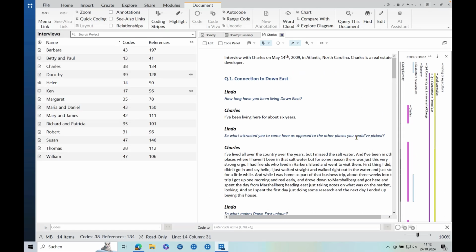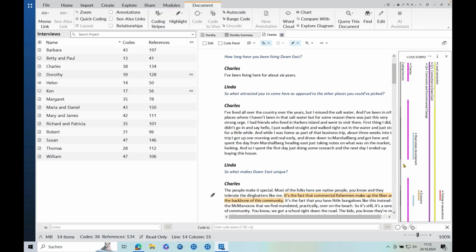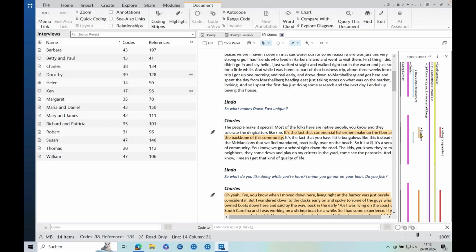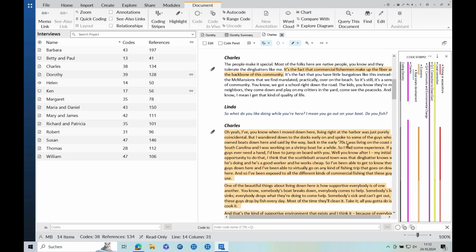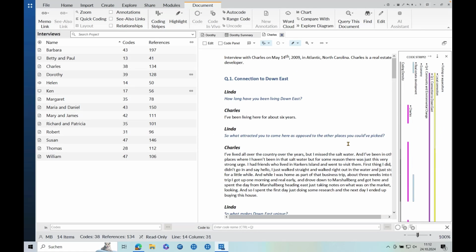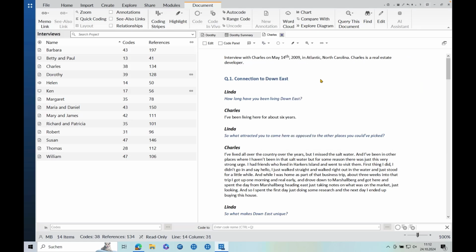And with the coding stripes, we can not only track which parts of our documents are coded, but we can already maybe start to see some overlaps between specific topics like fishing and agriculture here and economy. There seems to be an overlap, which we might want to explore later in some of the queries. Let's switch the highlights and the coding stripes off